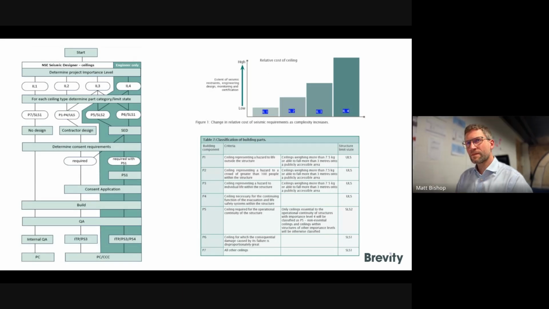Going back here. Yeah. These lines are different decision points. And try as we might, we can't really find a way of separating the project from the individual ceiling. So in this instance, when we're thinking about an IL4 project, because it's at the top here, you can see it's pretty hard to get out of the fact that you're going to need a PS1, which nicely represents how most projects will go. But if we're on the second decision here,